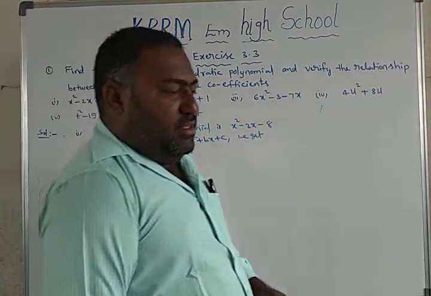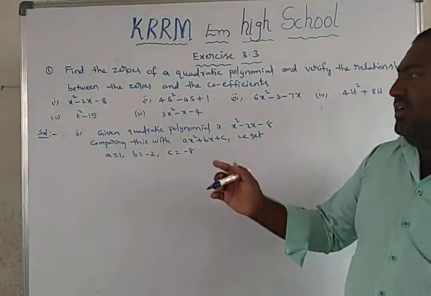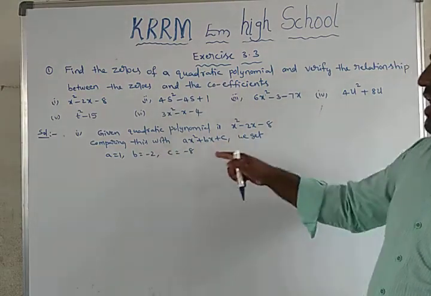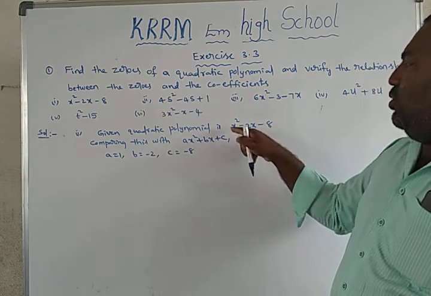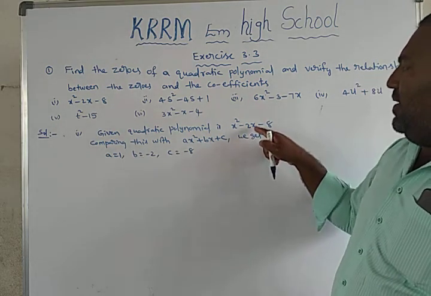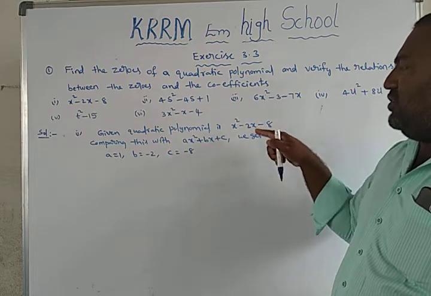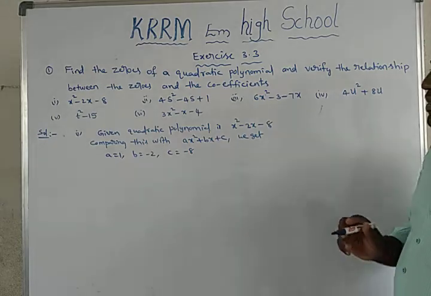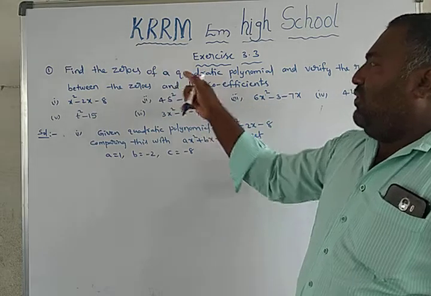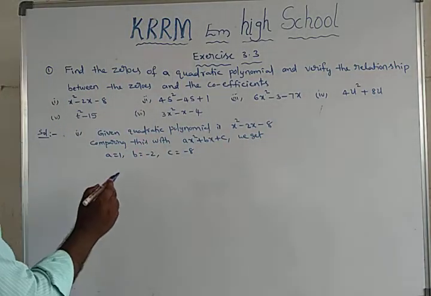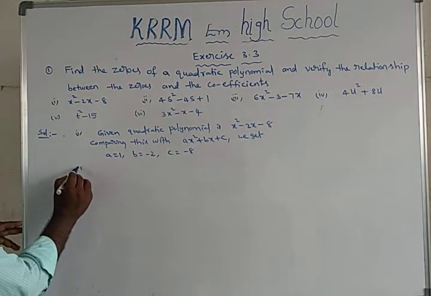First we compare the given polynomial with the general form ax square plus bx plus c. We get a value 1, a is the coefficient of x square, b is the coefficient of x, minus 2, and c is the constant term, c is equal to minus 8. First, find the zeros of a quadratic polynomial. How to find the zeros of a quadratic polynomial? To find the zeros